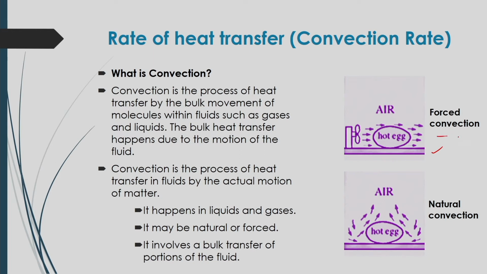So, it will be regarded as forced convection, whereas in natural convection there will be no flow by any external force. In that case, you will see that heat will be transferring naturally to the atmosphere,